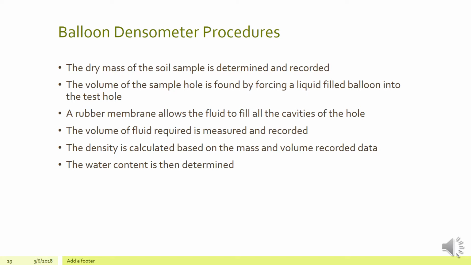So how does the balloon densometer procedure work, or what do we do here? We take the dry mass of the soil sample as determined and recorded. The volume of the sample hole is found by forcing a liquid-filled balloon into the test hole. A rubber membrane allows the fluid to fill all the cavities of the hole. The volume of the fluid required is measured and recorded. The density is calculated based on the mass and volume data that we have collected, and the water content